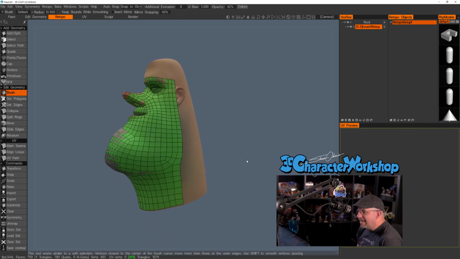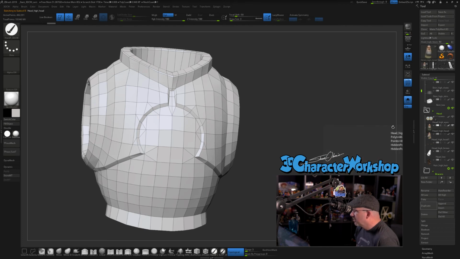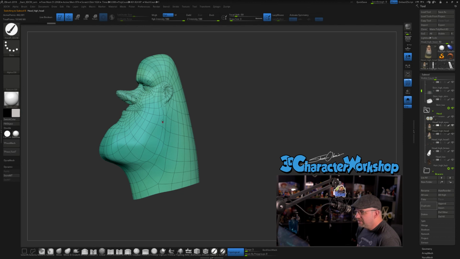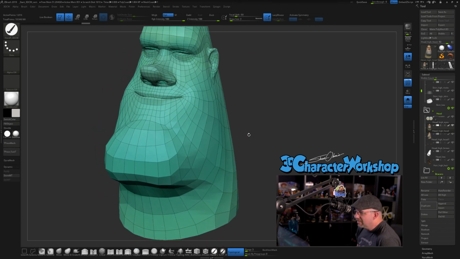Okay, let's go back. I just wanted to look at the difference, what it looks like. The base mesh that I grabbed before. Where the heck is my ZBrush? Oh, right here. I just wanted to show you the head that I have and what it looks like, because I think a lot of this is getting distorted because I stretched it around the face. But you can see that it has,